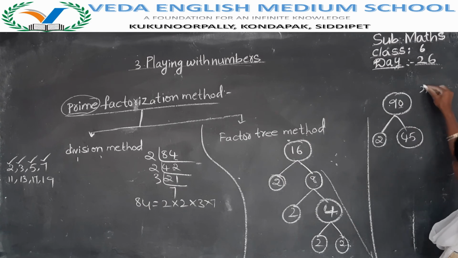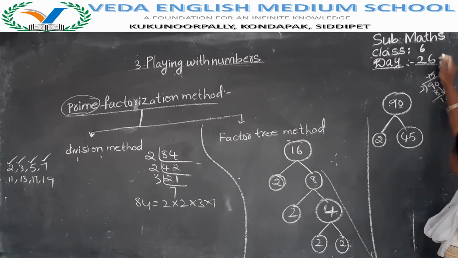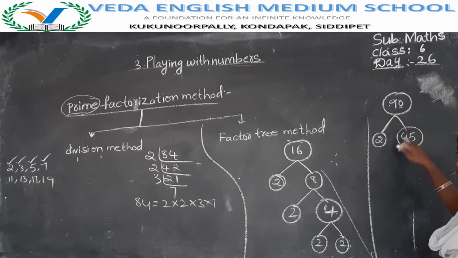If you don't know how many times, then simply do the division. 2 4s are 8, 9 minus 8 is 1, bring 0 down, 2 5s are 10. 45 2s are 90. So like this, by the division also you can find 2 45s are 90. Then 2 has completed. Leave the 2, then come to the 45. Is 45 divisible by 2? No. Next, what is the next prime number?